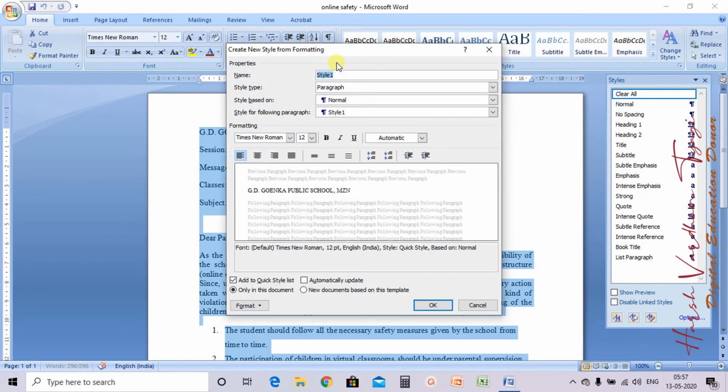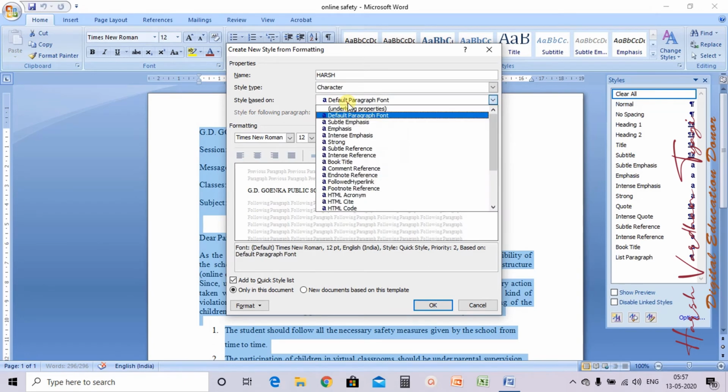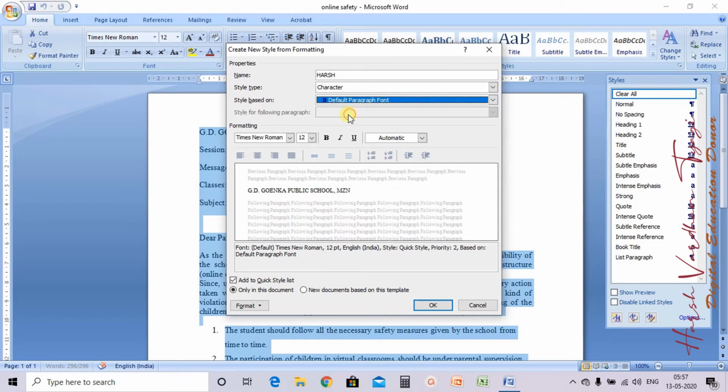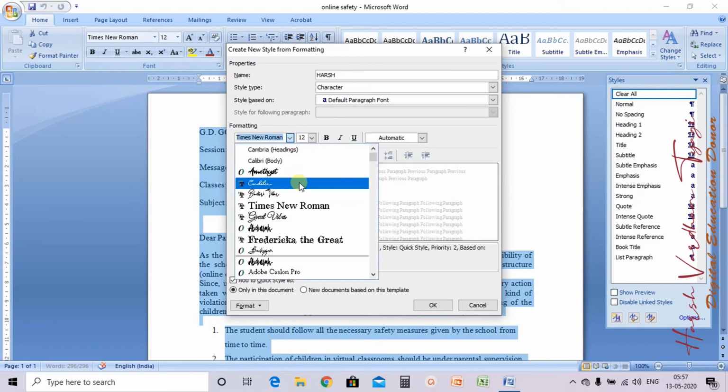Give it a name, then style type, paragraph or character. Suppose I am choosing this one as character. Now default style based on default paragraph font, then I am choosing the